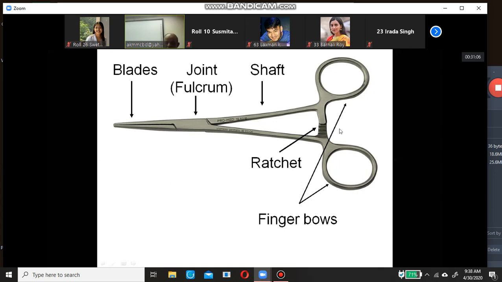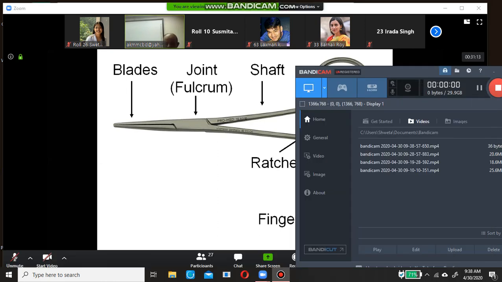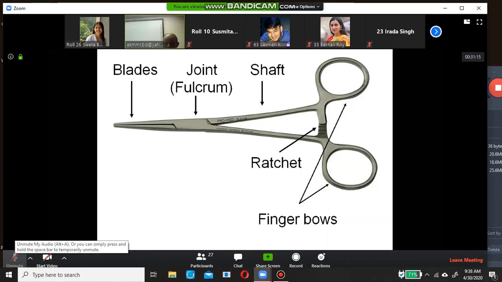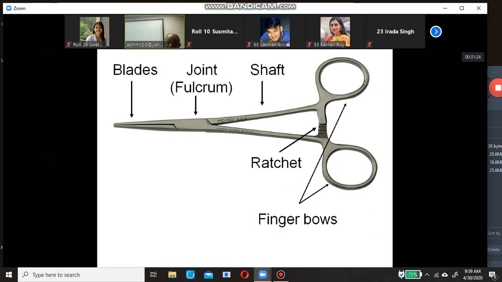Then ratchet. In hemostatic forceps, there is a ratchet. What is the use of this? Yeah, to lock. To fix the instrument firmly, to lock. If there is no ratchet, that means there is no locking system, it does not need locking. When do we use a lock,